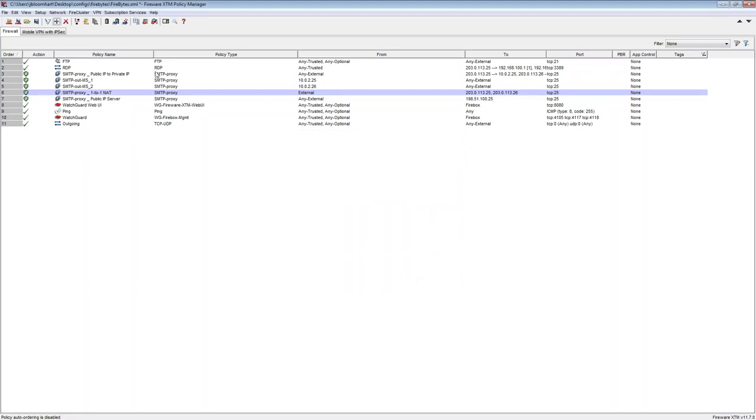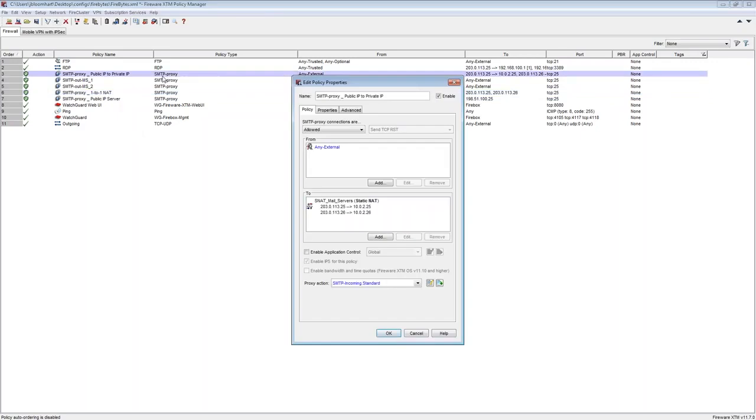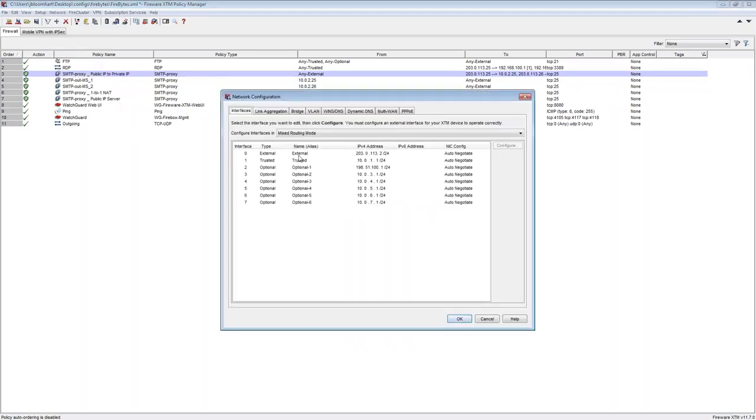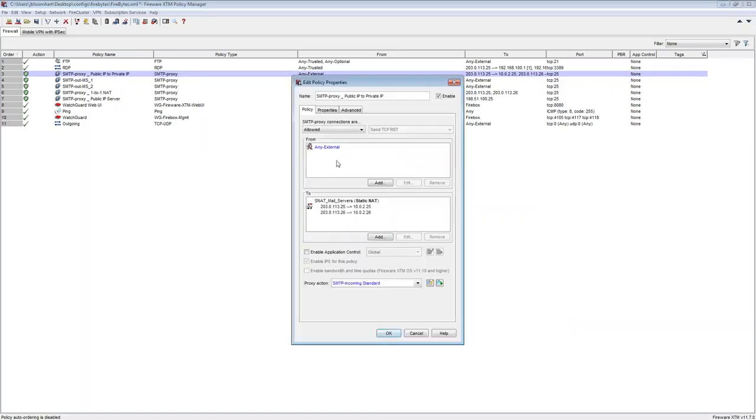Now we can also talk about, for instance, having a public IP coming in, so a static NAT entry. This is what ultimately the static NAT entry is going to look like, a public IP to a private IP. So, just to back up one second, as we look at our network configuration, our interfaces, we can see my external IP has a 113.2 network. So as I look at that static NAT entry, that's going to say